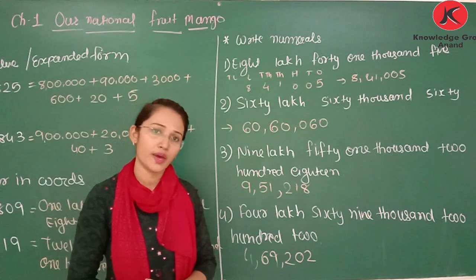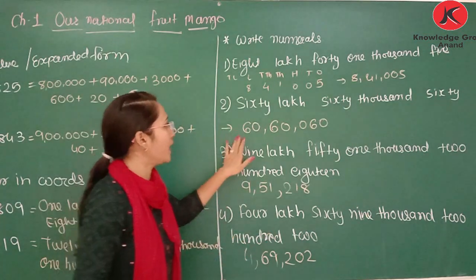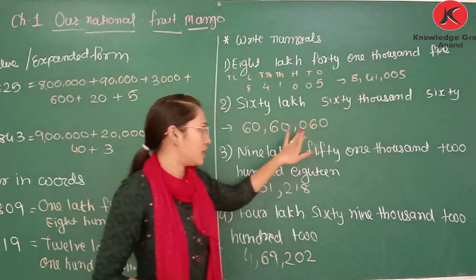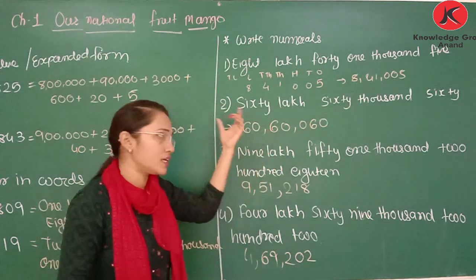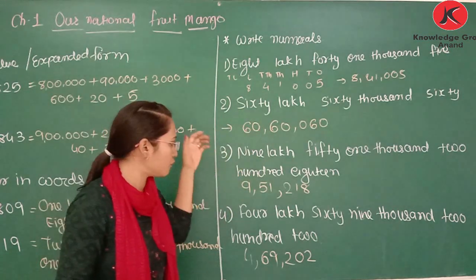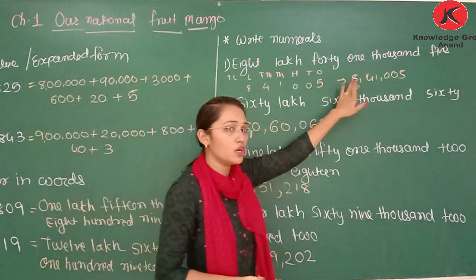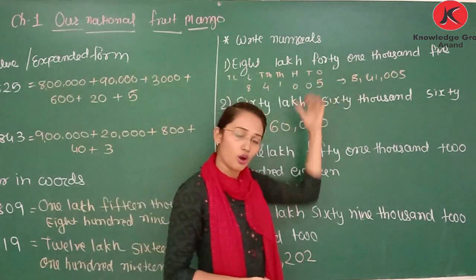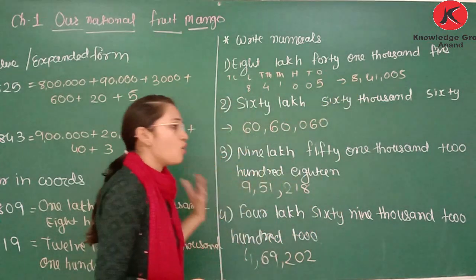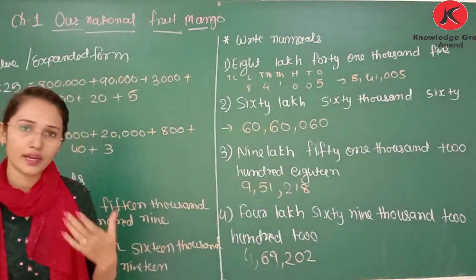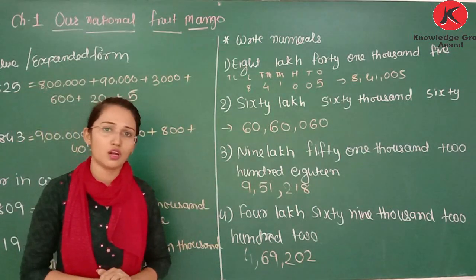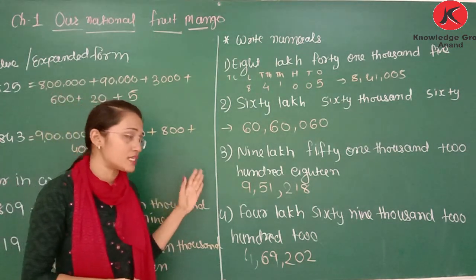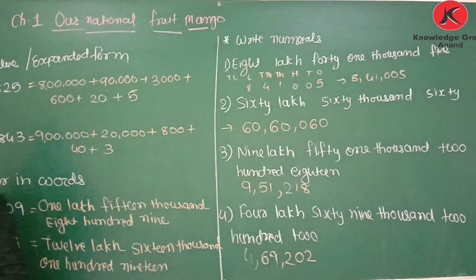Also, we know the comparison. If you want to do this comparison, how many digits are here? Here there are 6 digits and here there are 7 digits. Which number will be greater? Of course the 7-digit number will be greater. If you want to compare this one and this one, you need to start from the first digit. Here it is 9 and here it is 8. Obviously 9 will be greater. Also we learn arranging in ascending and descending order. It is nothing but the comparison of digits. Same way you can compare numbers of 6 digits or 7 digits.